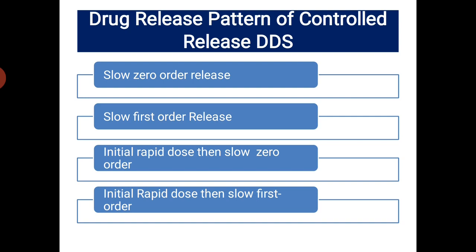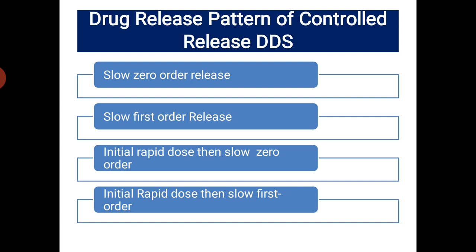Right? But currently here we are discussing the process of release of drug, that is release of drug from a drug delivery system into the site of absorption. Suppose you are administering a tablet form, a controlled release tablet. The drug has to release from the tablet into the GIT. That means the movement or the release of the drug molecule from the delivery system into the GIT. This release of drug from the delivery system is what we are going to learn in this session.